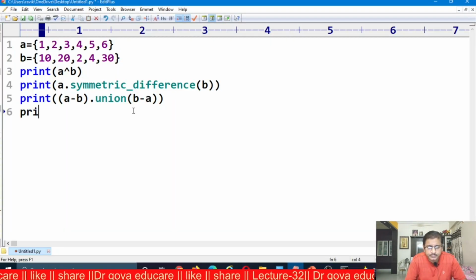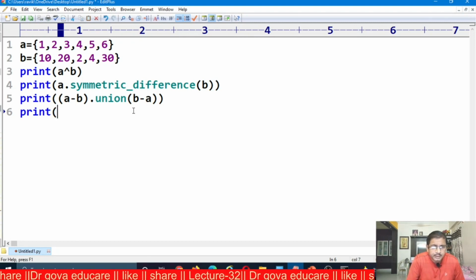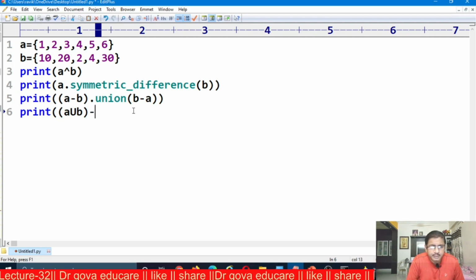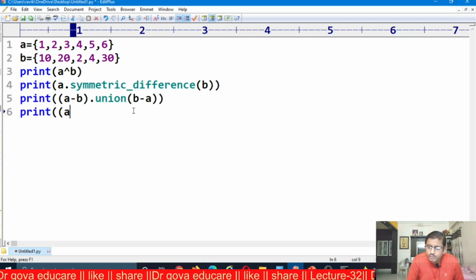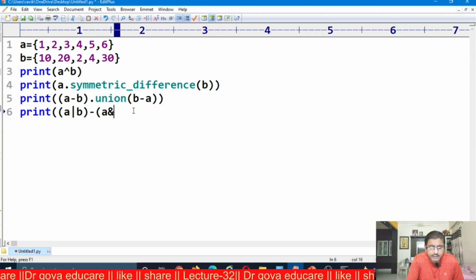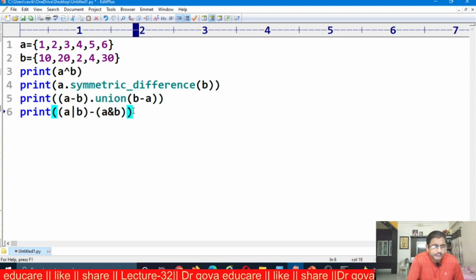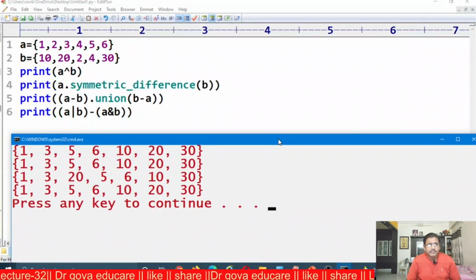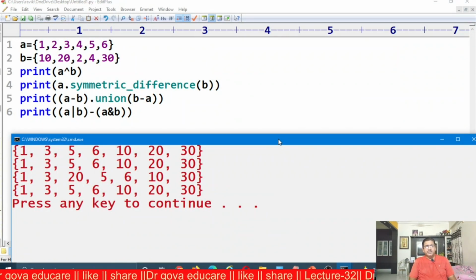Now I am using print A union B minus A intersection B. Now we get the same answer. Observe here, we get the same answer. A cap B, A dot symmetric difference of B, A minus B union B minus A, A union B minus A intersection B.